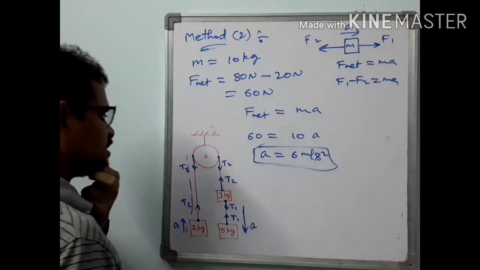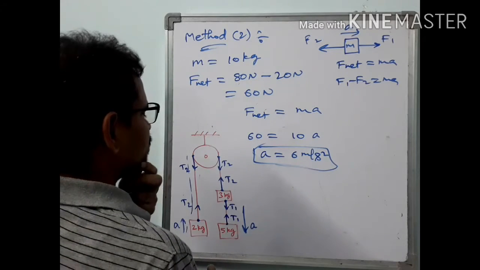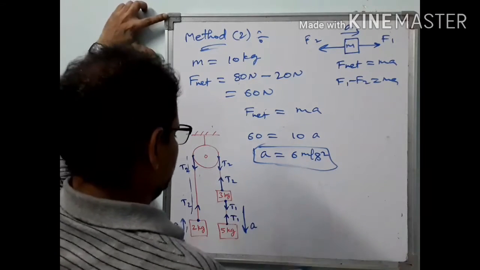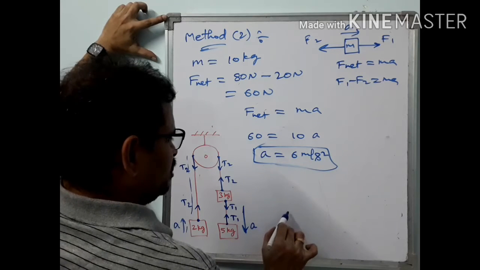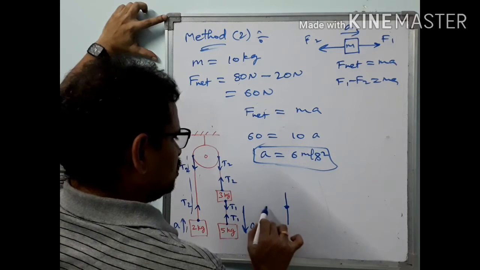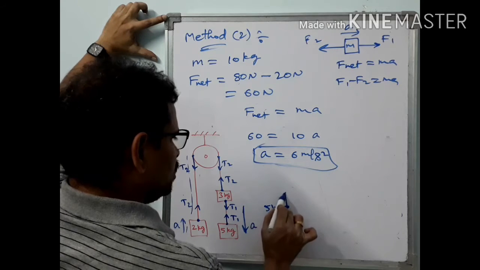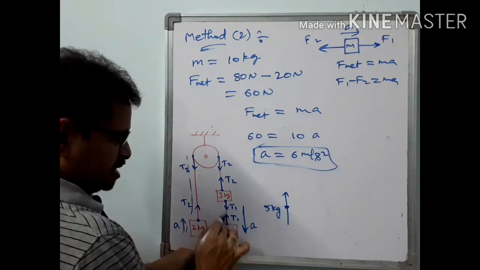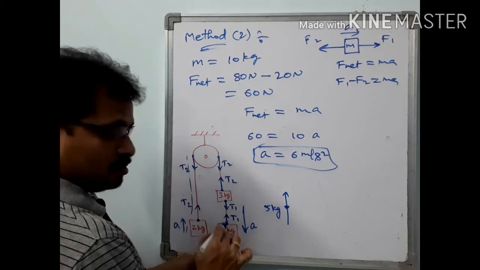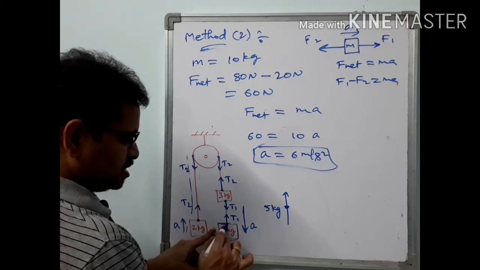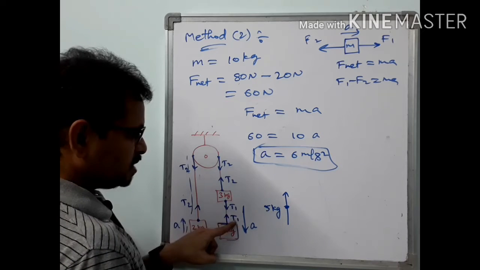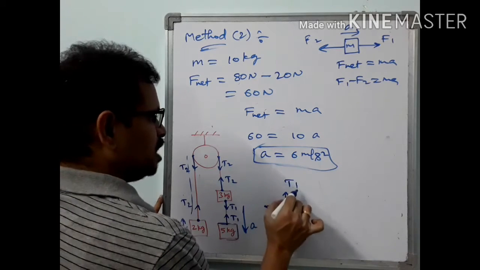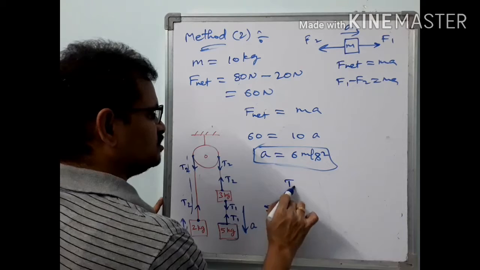Now once we get the acceleration, what else do we have to find here? T1. So next our target is T1. So we have to take the FBD of the 5 kg block here. This is the 5 kg block. Now is this tension force an external force or an internal force? Our system ends here, so this string is an outer object. The outer object is applying this force T1. So we have to consider this T1. This T1 is an external force. It is not an internal force.